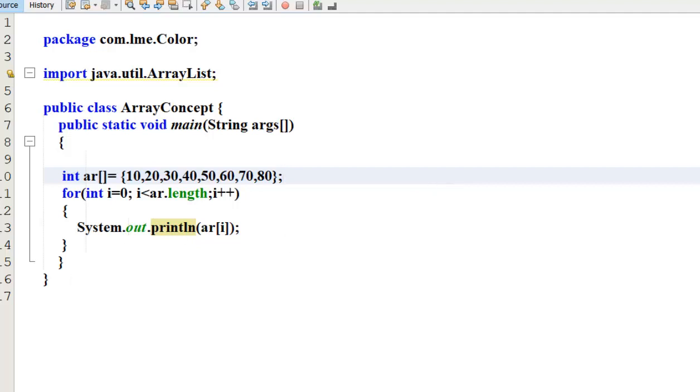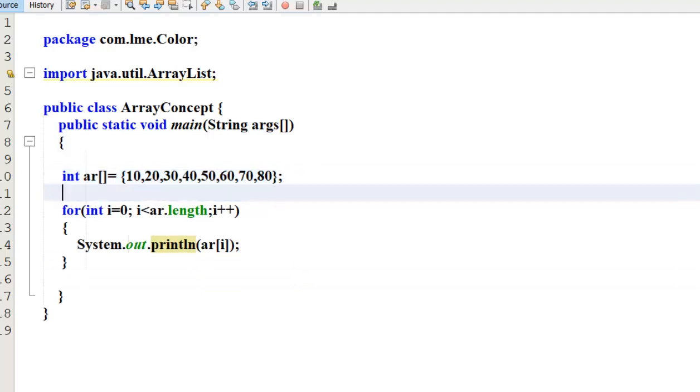Very good, okay. Now come to the next model. I have created this array. Now I will go for one more declaration. So let us say x square brackets equal to new int of this is the array. I don't know the size. Let's say I have given the size 10.